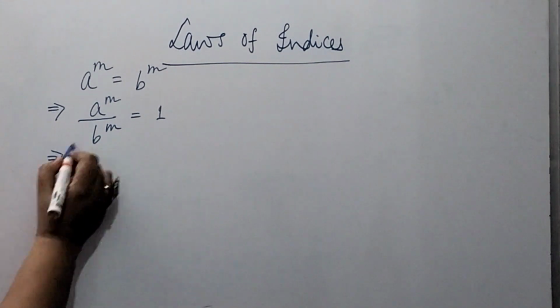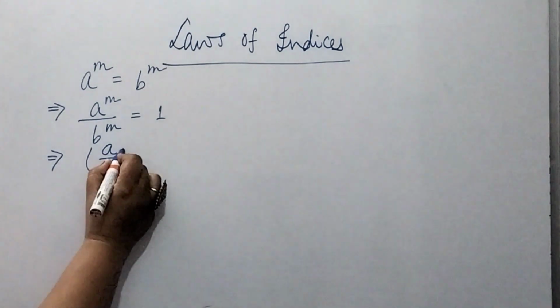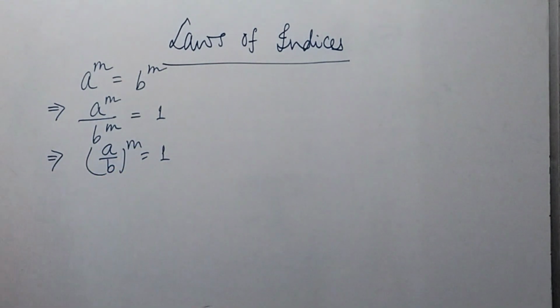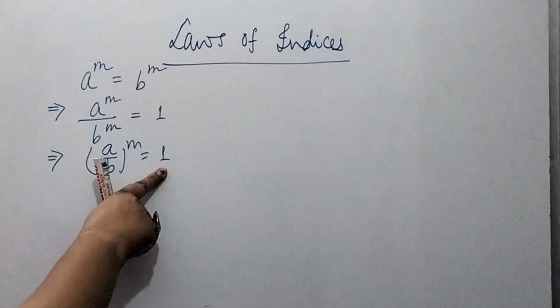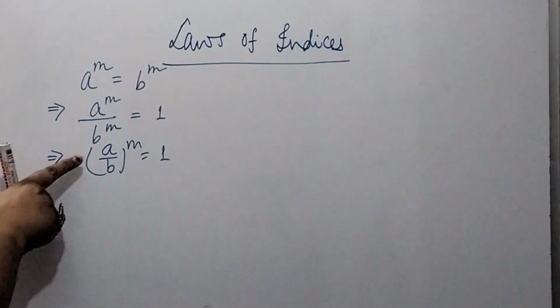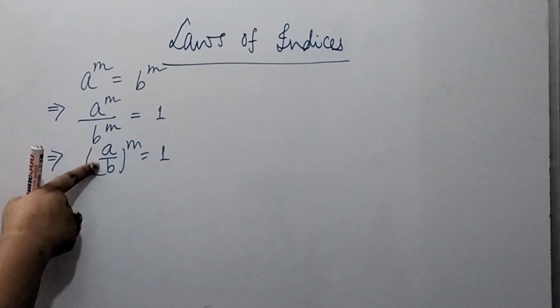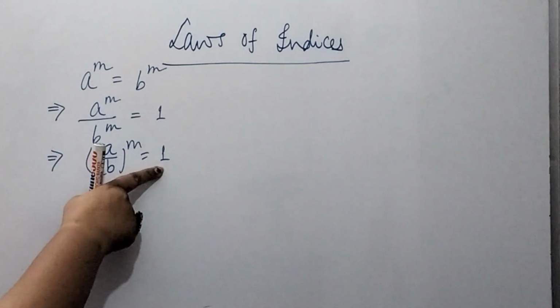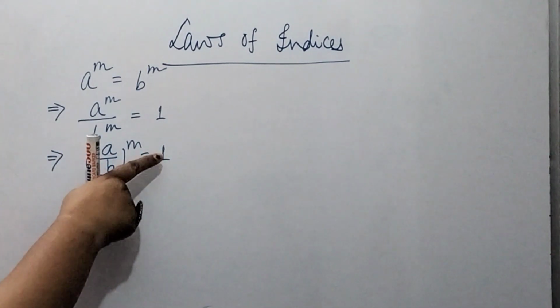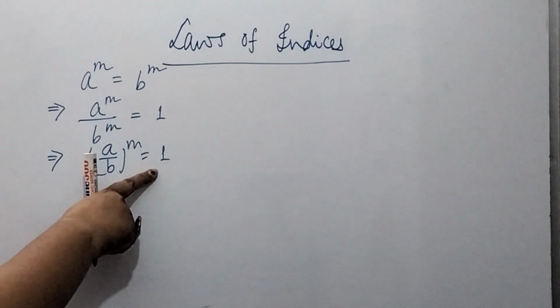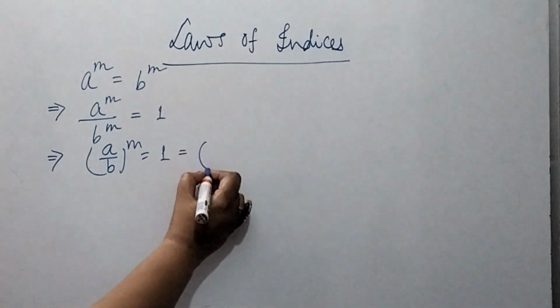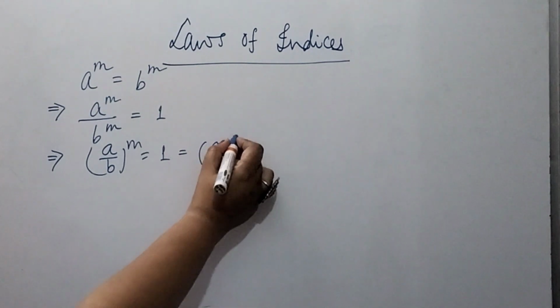So here we get (a/b)^m equals 1, by the previous law of indices that we have already learned. Now we have seen that in any real number, if we get the power 0, then the value becomes 1. And here the base is a/b, where b is a non-zero number, right? So if we consider (a/b)^0, then the value of that representation will also be 1. So in the place of 1, we can write (a/b)^0,